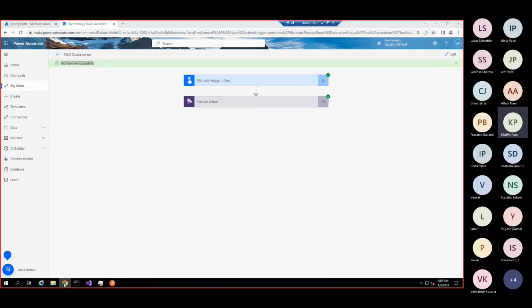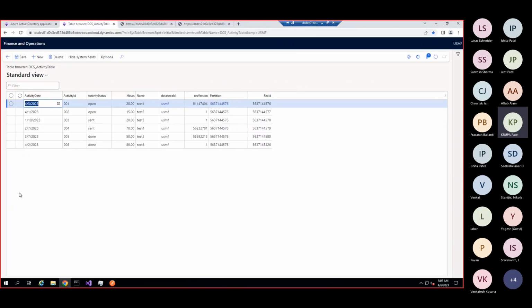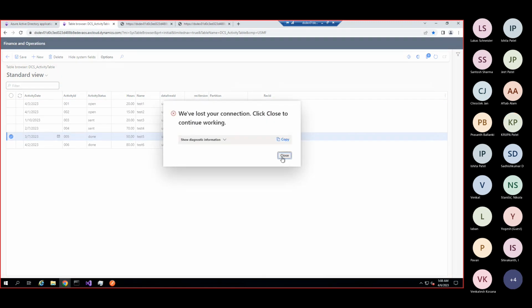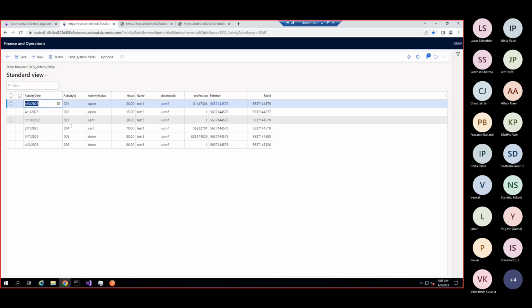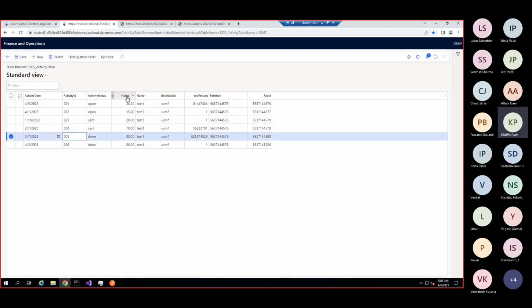We'll go back to F&O and see whether the data is getting updated or not. In 005, I have passed 80, so it will be updated over here. You can see whatever hours I passed through the Power Automate flow, it's getting updated in F&O.